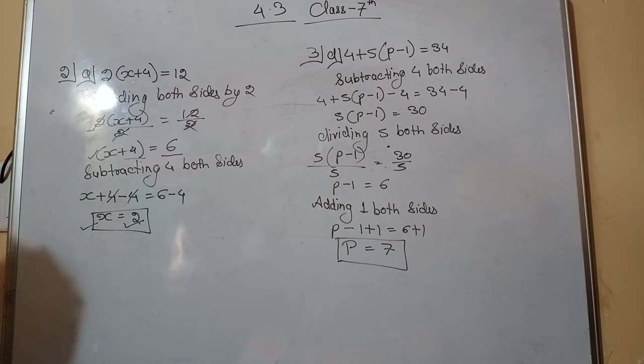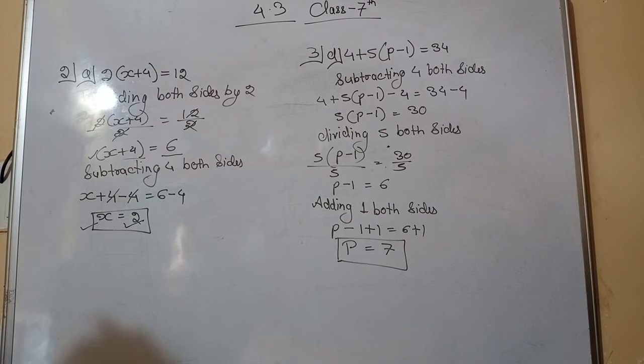So this is the pattern you have to use to solve question number 2. First eliminate all the constant which is multiplied or divided by the variable, and after that you have to find out the value of variable. Now let us see question number 3. In question number 3 there are quite similar questions which can be easily solved by applying the concept of question number 2, but option number D is different. So let us see what we have to do.